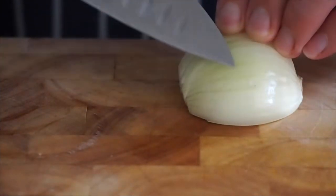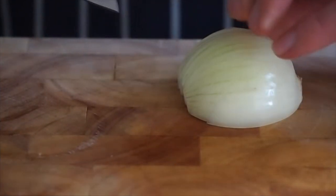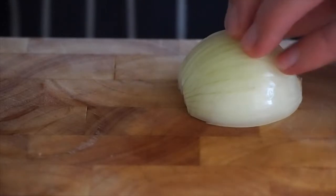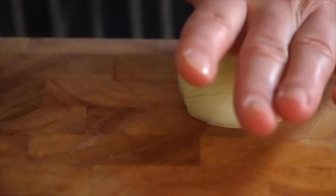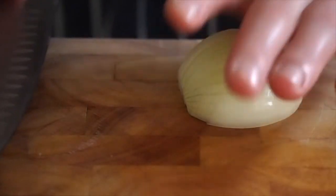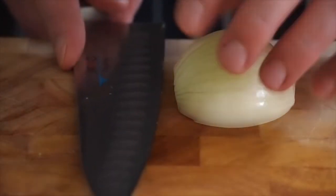So as you've got to this stage of the onion, the next stage is to put your hand on top. Now the safest way to do it is to put your hand nice and flat on top with a nice sharp knife. This also helps stop you crying when you're cutting an onion. A nice sharp knife, you're going to run your